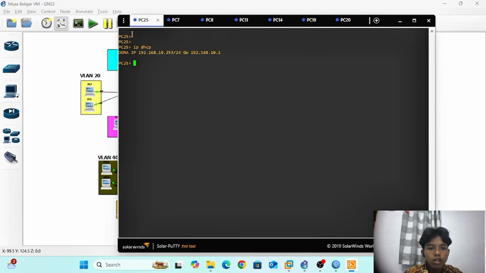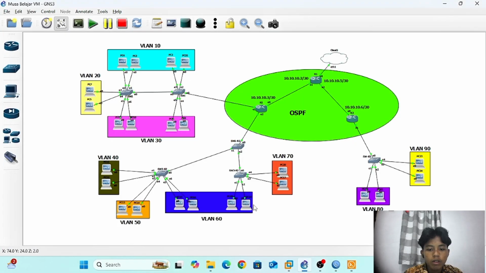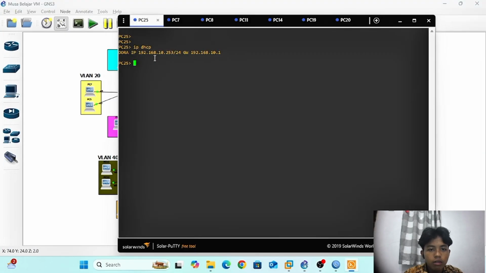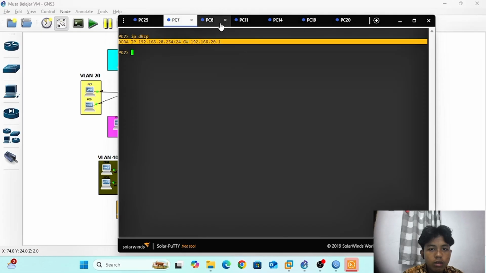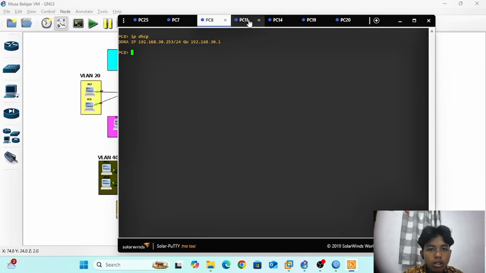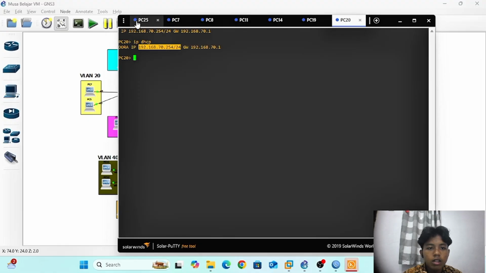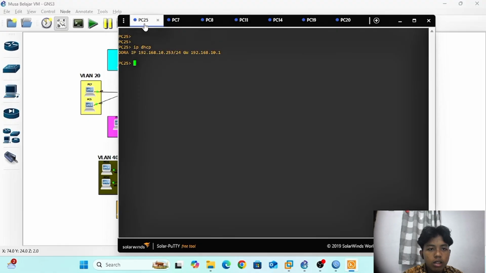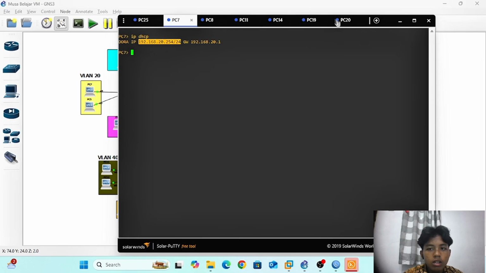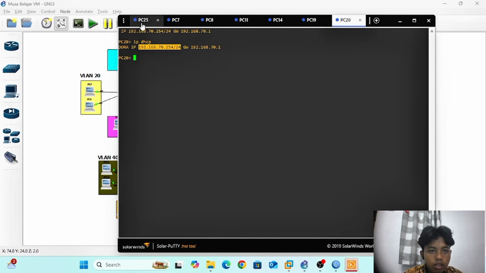You can see in the PC its IP for VLAN 10, its VLAN 20, 30, 40, 50, 60, and 70. Now I want to ping from VLAN 10 to VLAN 20 until 70.